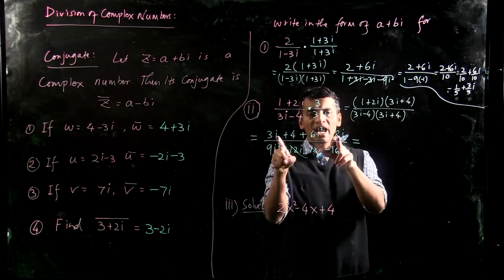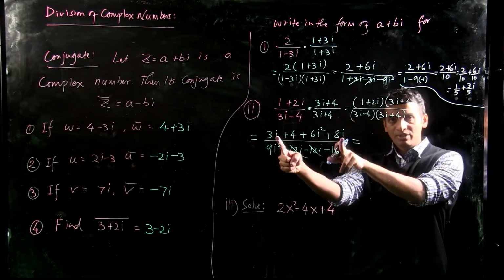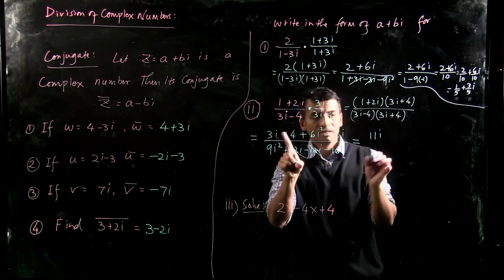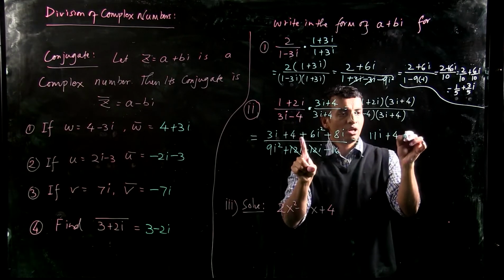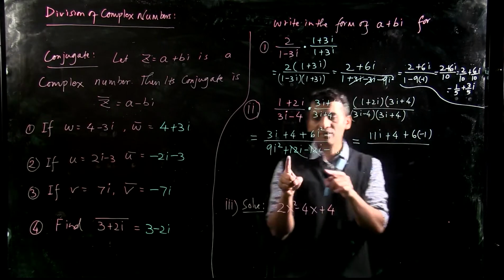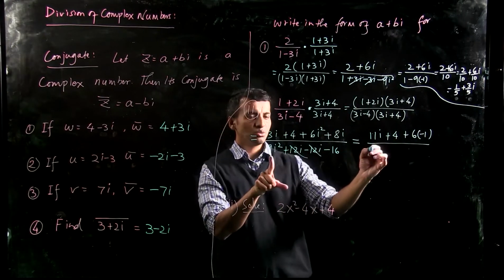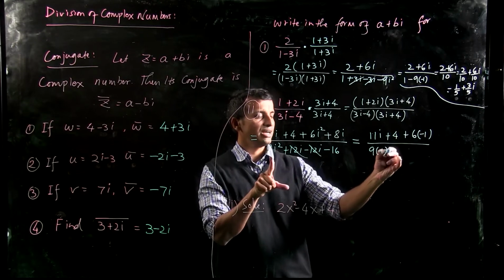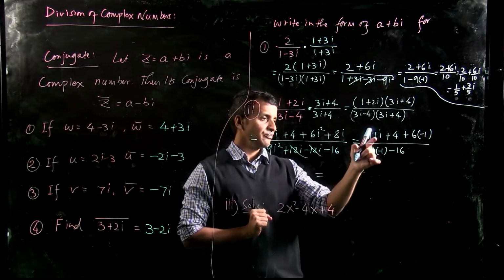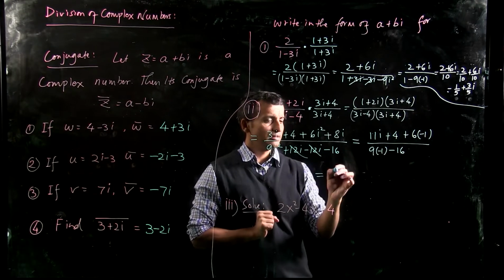So look at this, 3i and 8i, they are like terms, you can add them. 3i plus 8i will be 11i, plus 4, plus 6 times, what is i squared? Negative 1. Divide by, you cancel those two. What is 9i squared? 9 times negative 1, right? And then minus 16 is there. So let me write the final thing. 11i